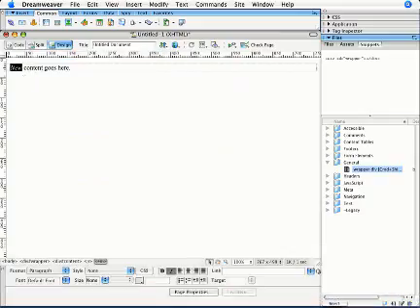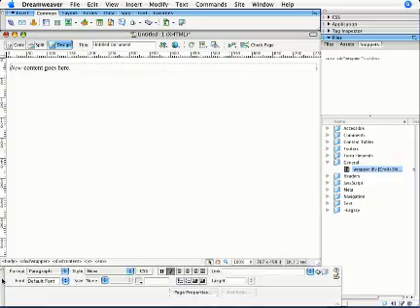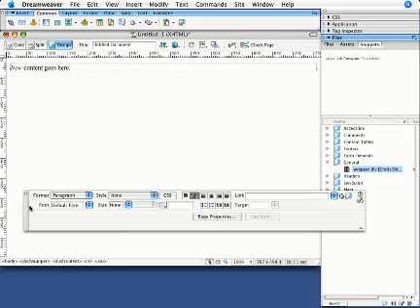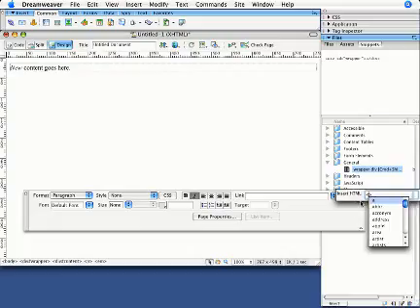Now, what's really interesting about that is that the quick tag editor is found in so many different places. Take a look at your properties inspector. And when you click inside the word new, for example, and you look on the properties inspector, we had part of it hidden there by the files panel, but the very right-hand edge, you're going to find the quick tag editor button or icon. And if I click on that, you'll notice it says, okay, did you want to insert some HTML on the page? So it actually gives us a little bit more functionality here than it does in code view,